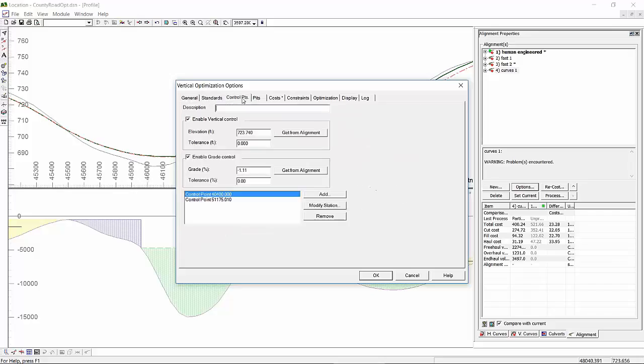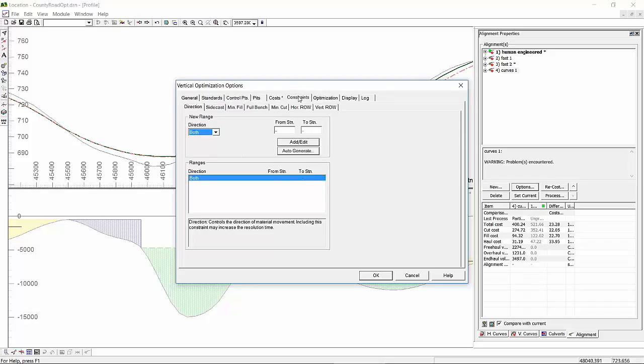If you decide to tie your alignment in terms of elevation or grade at a specified station, then you can also see what the impact of that decision is, right? You could also, for example, see what the impact is of having a certain level of constraint. For example, the impact of having a right-of-way, or of having a minimum cut, again, over a certain range of